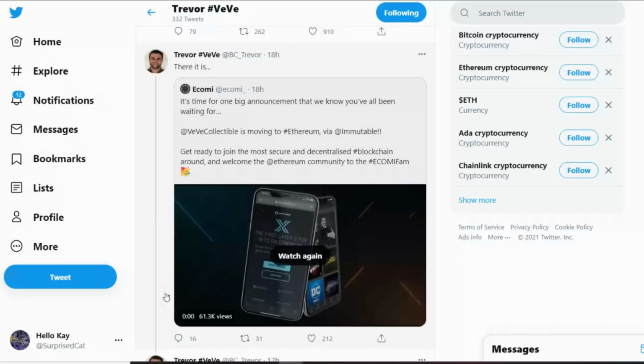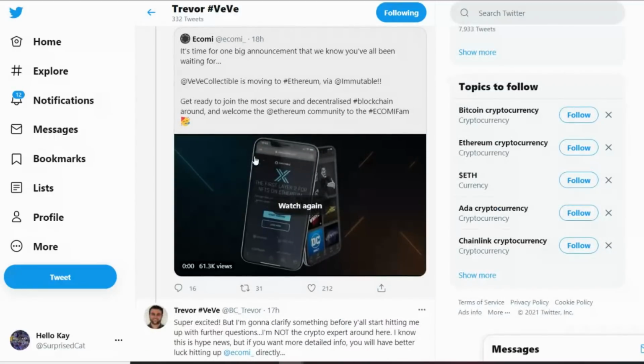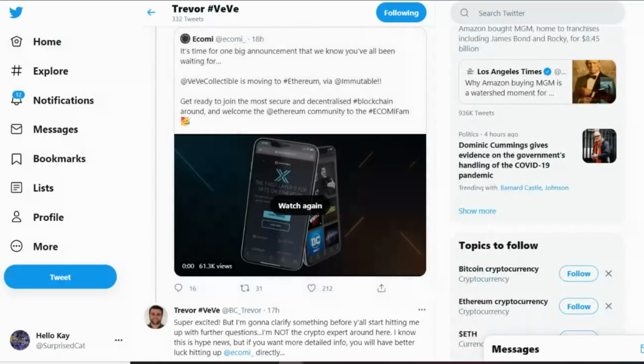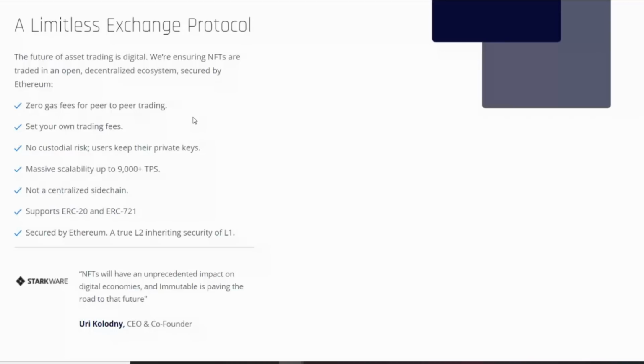People tend to FOMO; they'll buy on news, or they'll buy on any kind of hype. So this is pretty cool, but I have heard of people who are not quite sure why they chose Immutable X, or what the true benefit is. You guys can probably see this information already, so I'm not going to spend too much time, because that's not really going to add value. But we know that there are zero fees. You can set your own trading fees as well, so VeVe can do that.